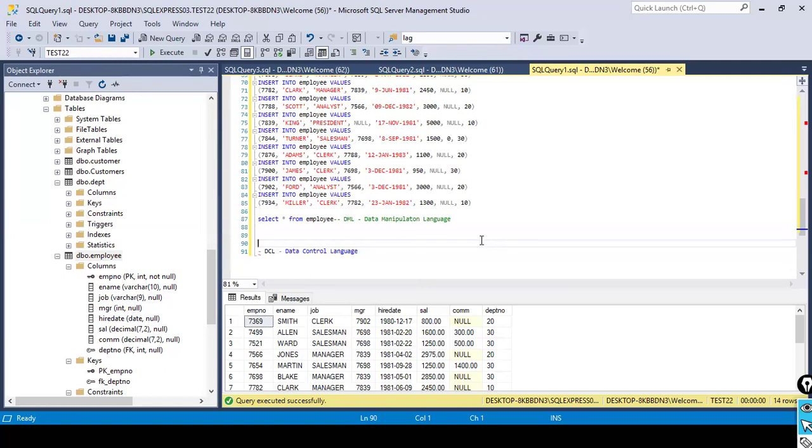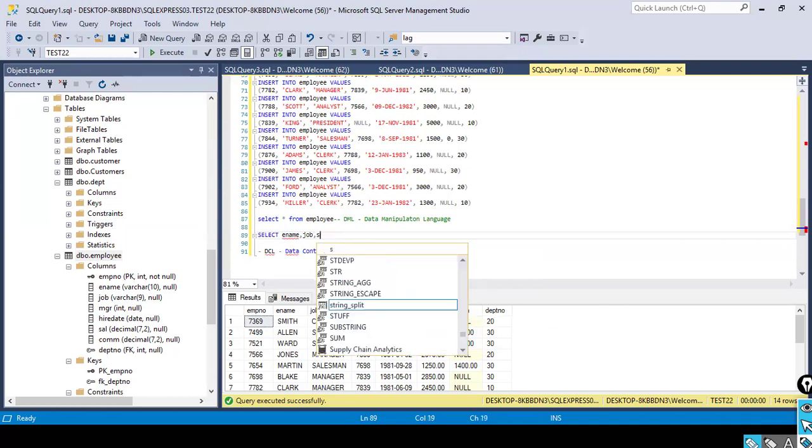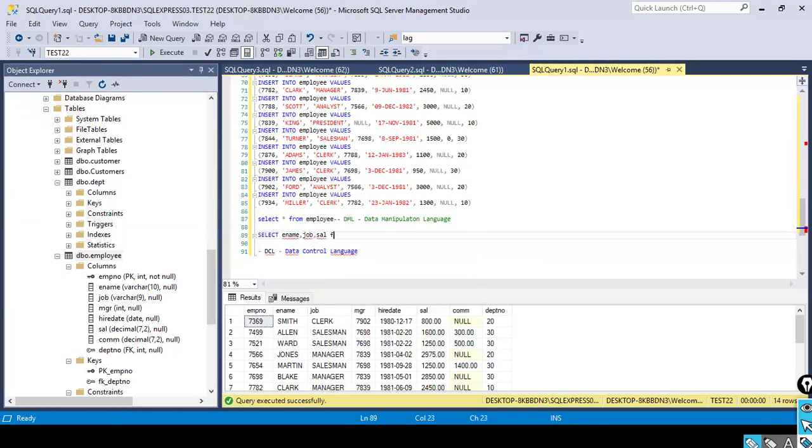I don't want to see all the columns or all the rows in a table. For example, I want to view only selective columns. So I'm going to use select. For example, I want to view only specific columns. Which columns? I'll say employee name, and then job and sal, from